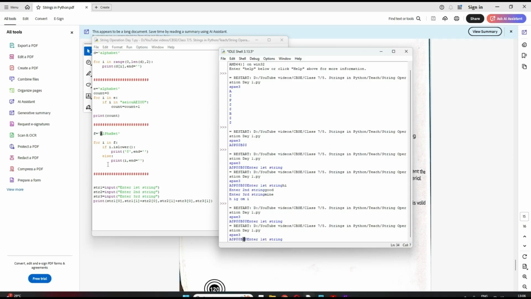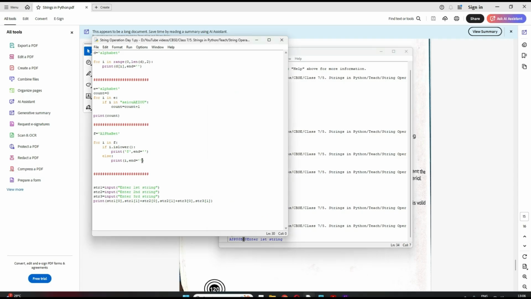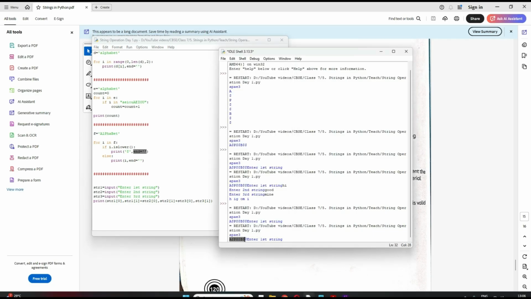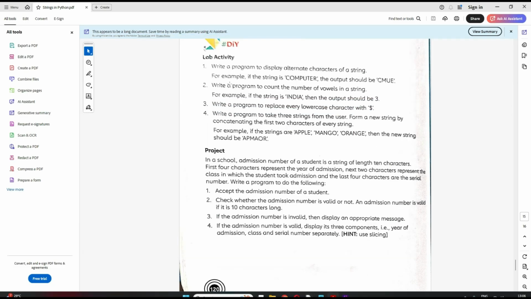So all lowercase was printed as dollar. Clear? And this end, why we are giving it, I hope now you all got it. We have used it so many times. This is when we want this to be displayed in a single line. If we don't put end, it will display in different lines, right? So clear? I hope these three programs are clear to you. Clear? Good.